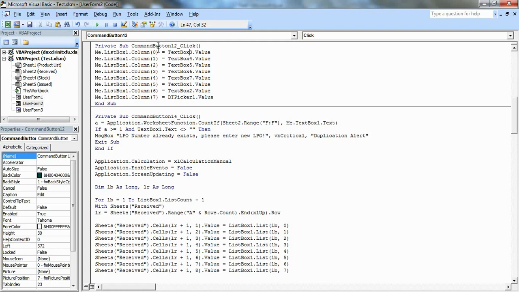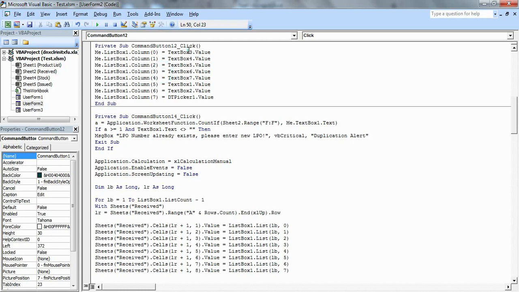Because I have given the list box column references in sequence, but there are differences in the text boxes, column text box values to the list box column.